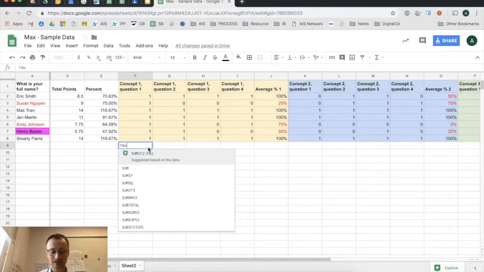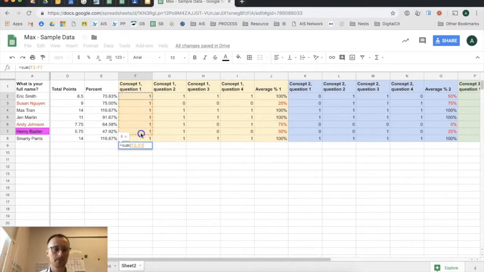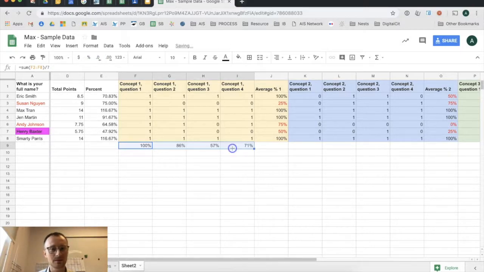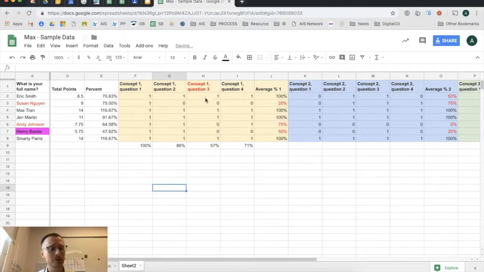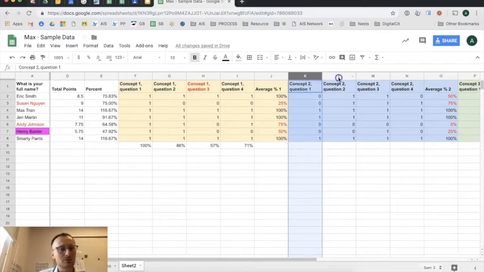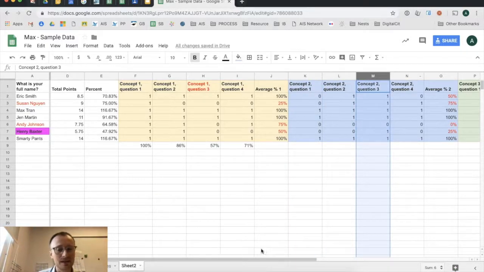So let's formula equals sum divided by 7. And we can convert that into a percentage. Let's get rid of 2 decimal points again to make it just a little bit easier. So what this shows me is actually concept 1, question 3 was quite difficult for the students. I might need to re-examine my teaching strategy for that one. Something is not quite getting across. So I like to do that for each of my concepts. I might pull those down and I might do the same sort of examination of my own teaching. Okay, so